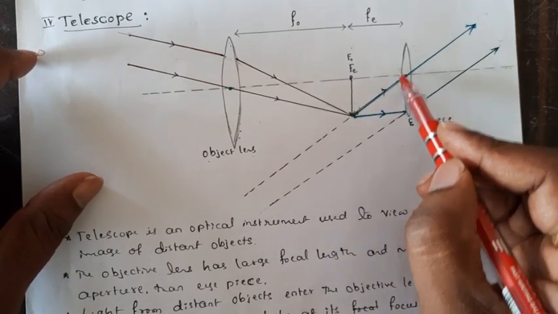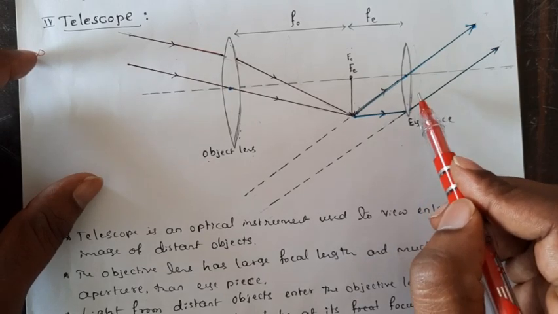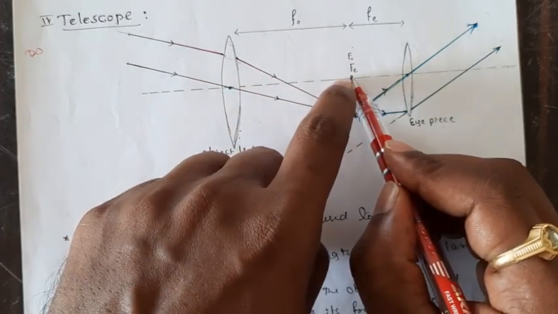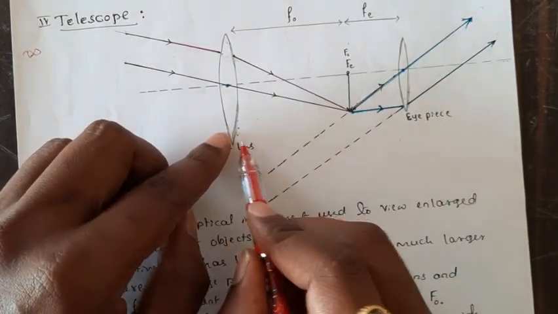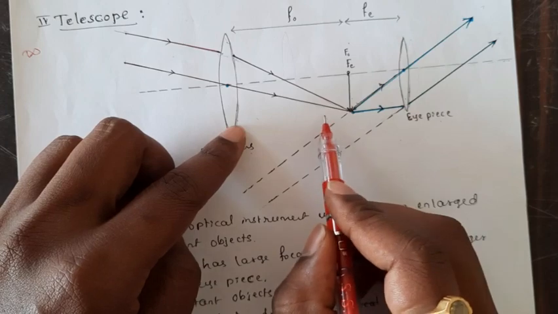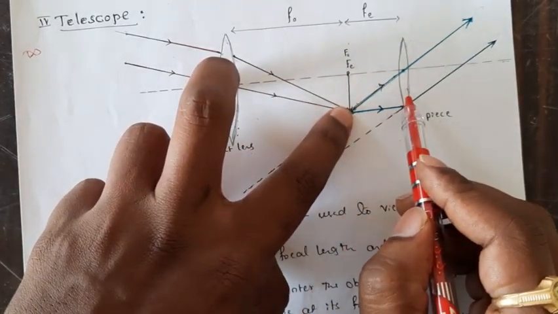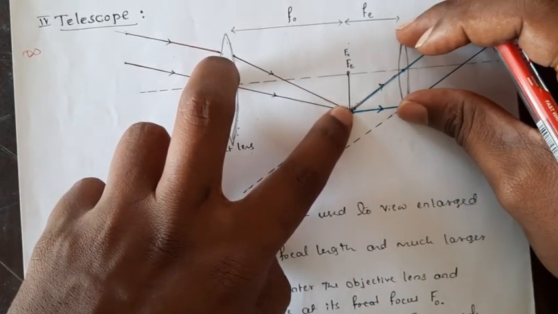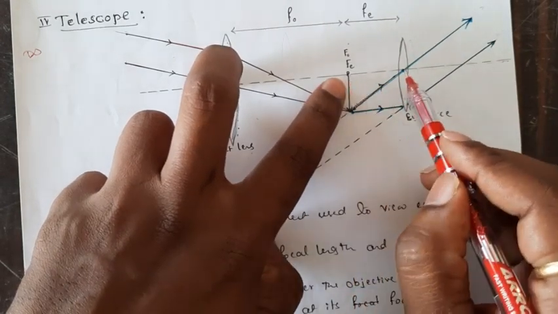Okay, and see, this is the eyepiece. We should adjust the eyepiece in such a way that the principal focus of the objective and the principal focus of the eyepiece coincide at a point. For example, the focal length of the objective is 200 centimeter, so the image forms here. And the focal length of the eyepiece is 20 centimeter. So at this time we have to keep the eyepiece at a distance of 20 centimeter from the image formation position.